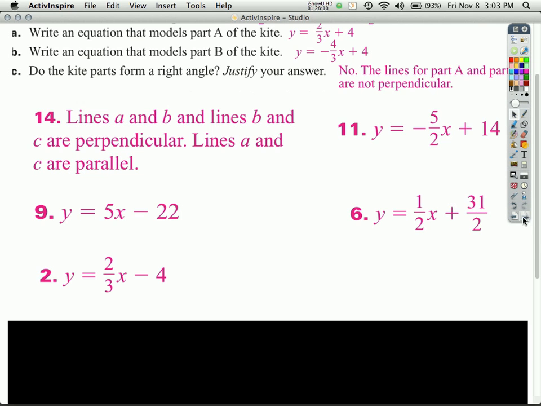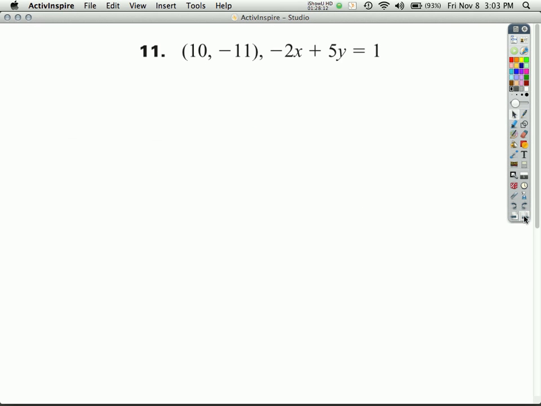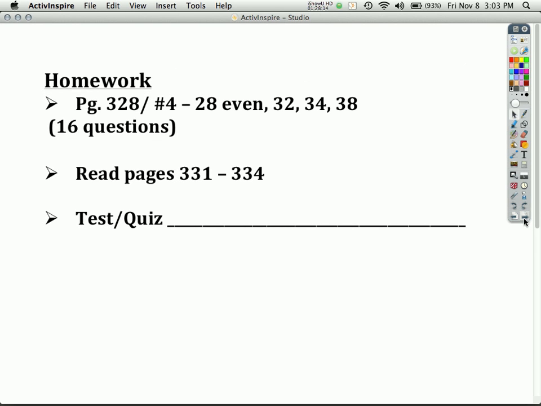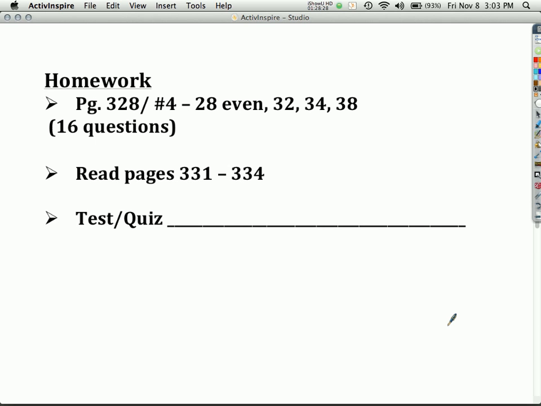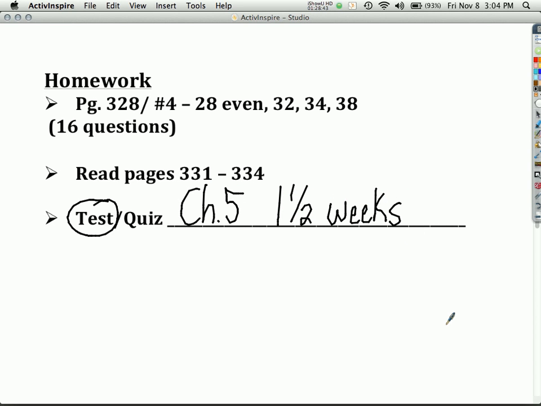Here is your homework. Page 328. You are doing numbers 4 through 28 even. Then you are doing 32, 34, and 38. That is a total of 16 questions. Read the next section, and then your next assessment is a test, which will be chapter 5, but it's not for 1.5 weeks from now. I'm just giving you a heads up now so that you can start